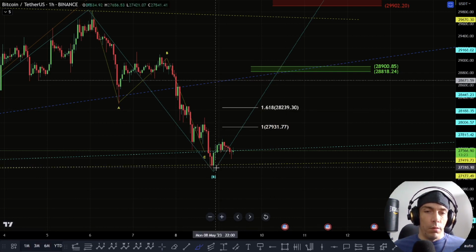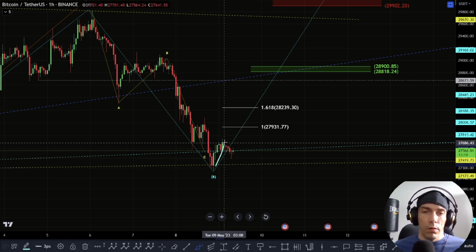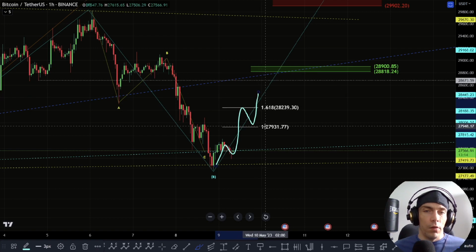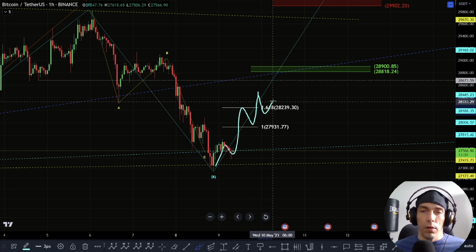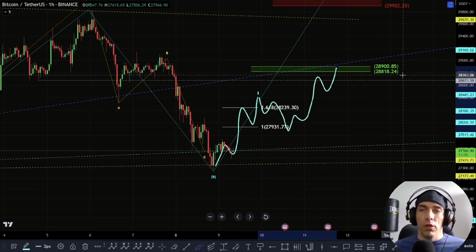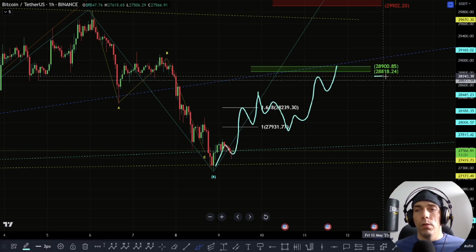So that would be the primary thing I want to see here. I would want to see us hold support above this level, and then we'd want to see a bigger 3rd wave up into this zone, a 4th and a 5th, to get a 5-wave move off this low. Once we have a 5-wave move off this low, what we could then get is, like I said, a 3-wave move, and then another 5-wave move, which actually looks to bring us into this zone here, this 28,900 to this